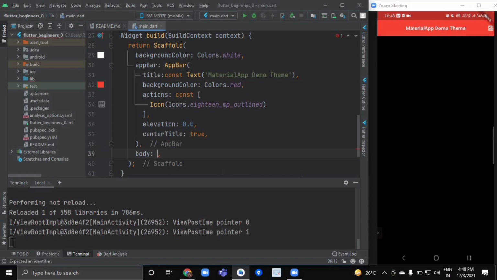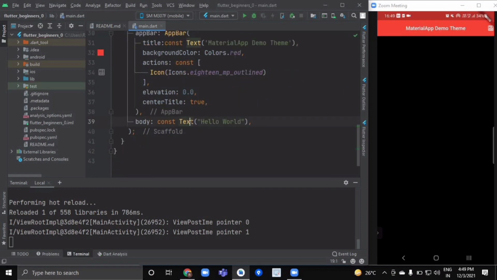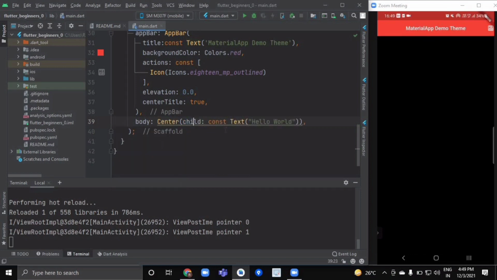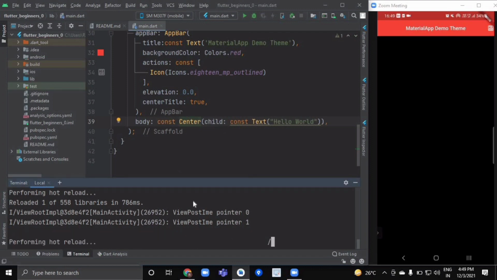So inside body you can put your remaining widgets as well. We will put some other basic widgets of Flutter like a text, and we will keep it in center. So inside its body we will return a text and we will write hello world. Again just make it constant. Now let us just double click it, because we want to make this text shown in the center. It will give you this icon of a bulb, and all you have to do is wrap with center. So it has wrapped our particular text with center, and also make it const. Now just hot reload it.